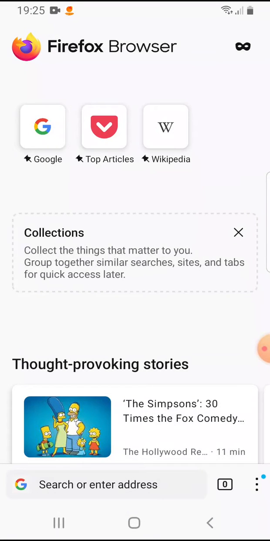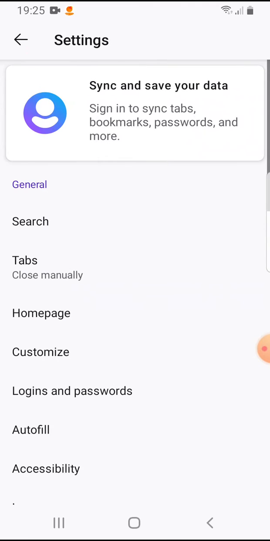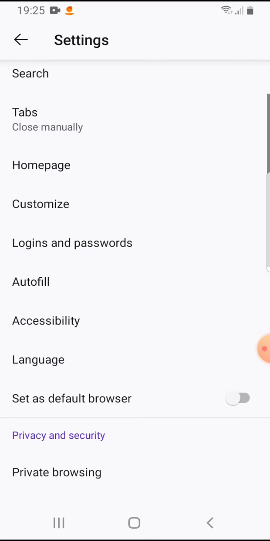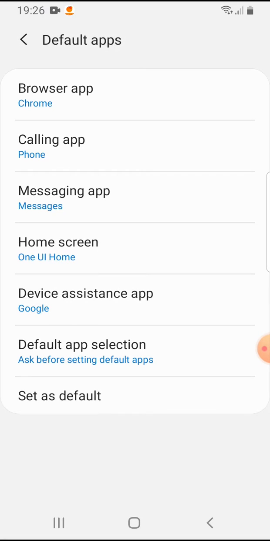Open the Firefox app. On the bottom right corner, you will see these three dots. Tap on it. This will be the menu bar. Then tap on settings. If you scroll down, here you will have this option, set as default browser. If you tap on it,